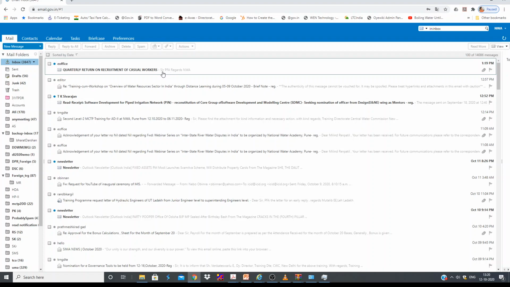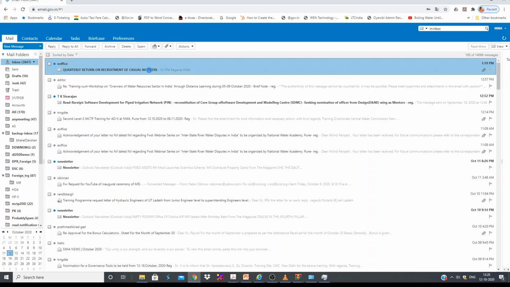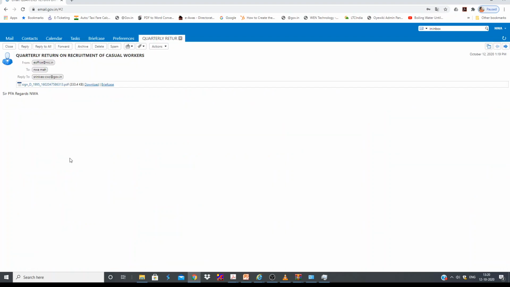You will get the letter like this, from e-office, in the name of e-office. Why? Because I have marked nw.mh as one of the CC, so I have received this document like this. So what we need to do, we should always write email addresses which are being used by all. Let's say if you want to send a letter to any person in NWA, and you write his or her personal NIC email ID, generally people don't see NIC email IDs. So we should always mention the common email IDs which are being used.